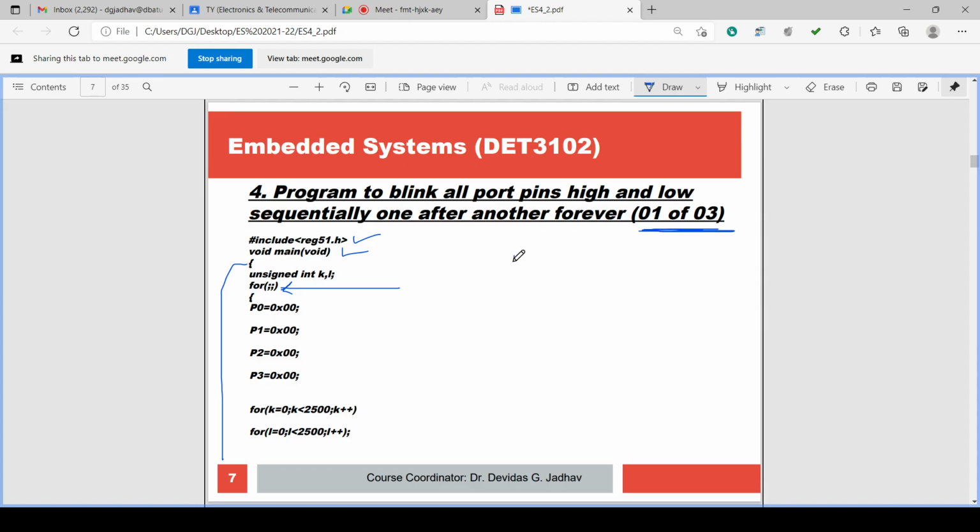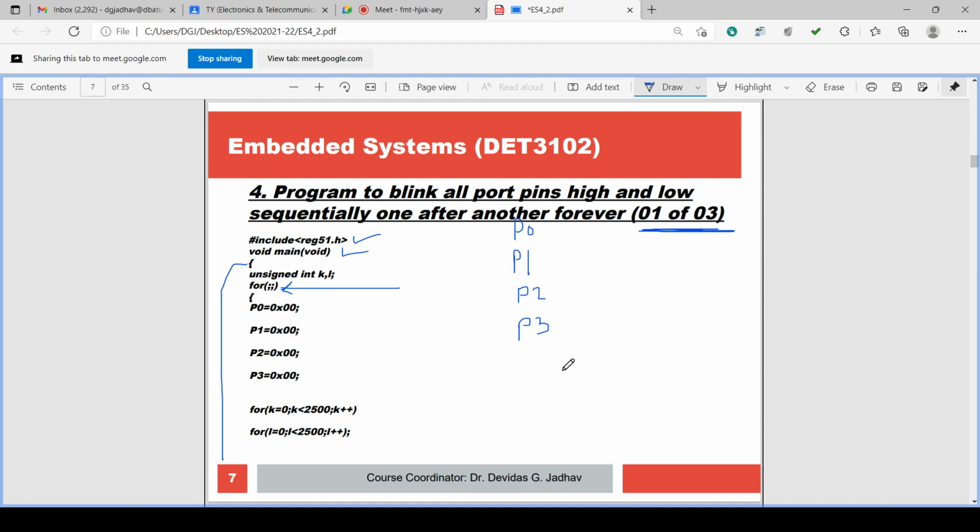First P0 is there. P0 is given 0x00. Sorry, P0 is there. P0 is outputted 0x00. P1 is outputted 0x00. P2 is outputted 0x00. P3 is outputted 0x00. Okay. All are now